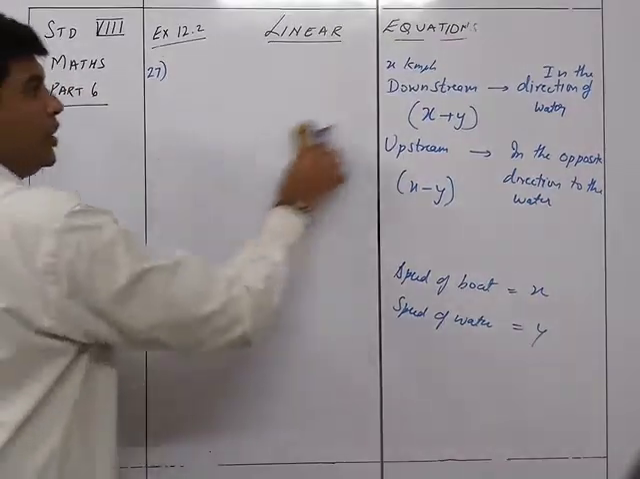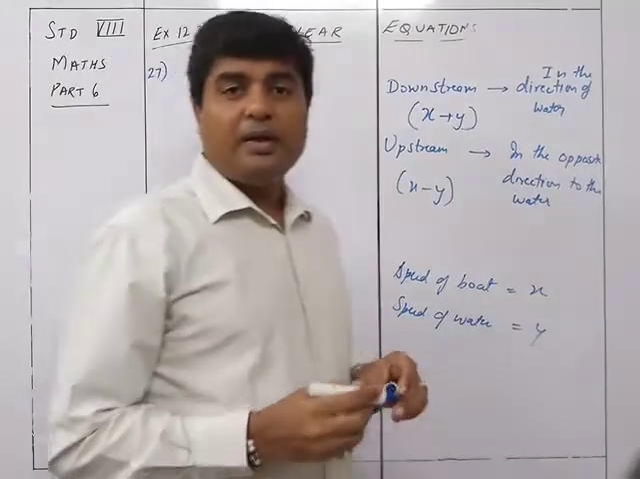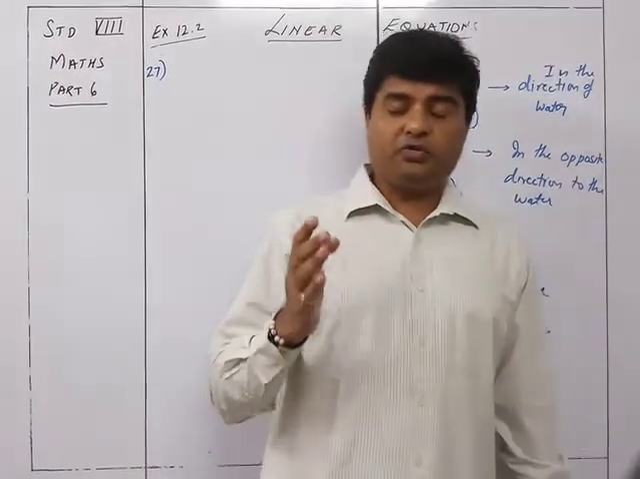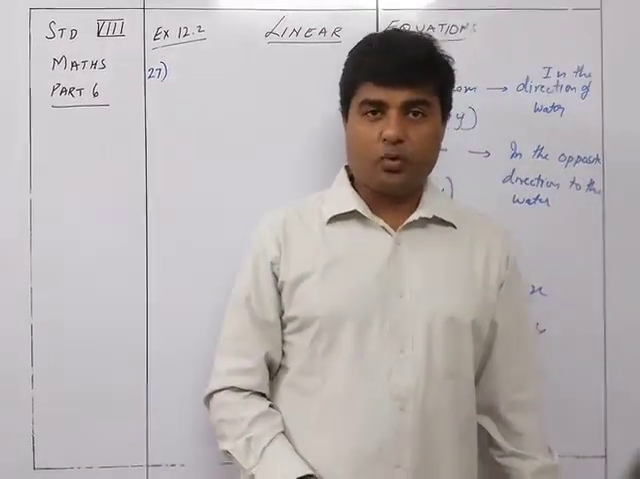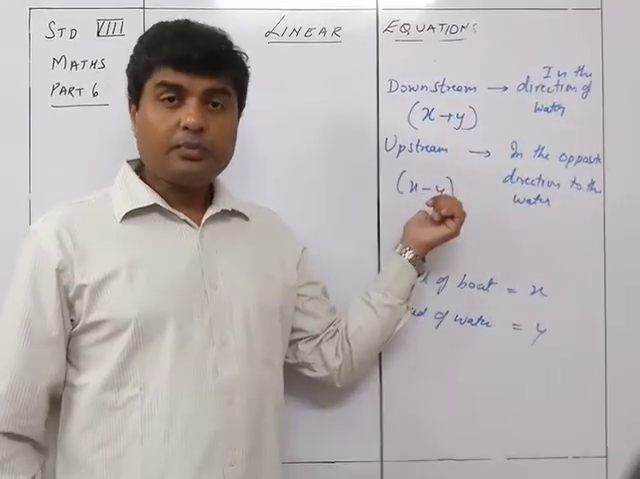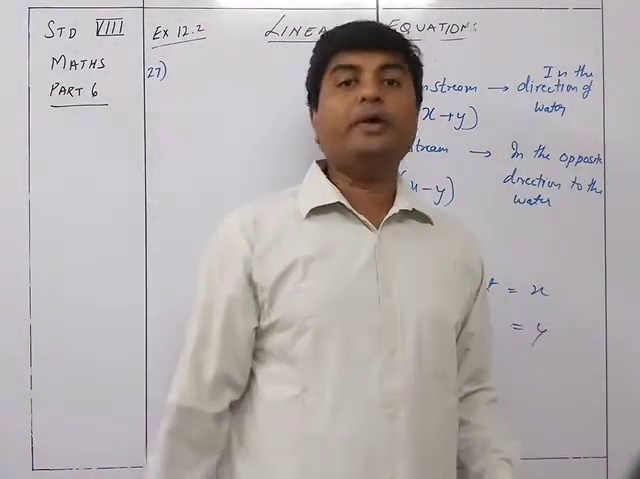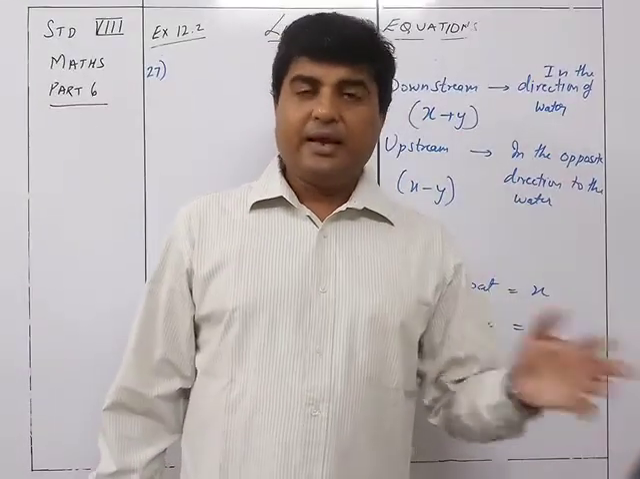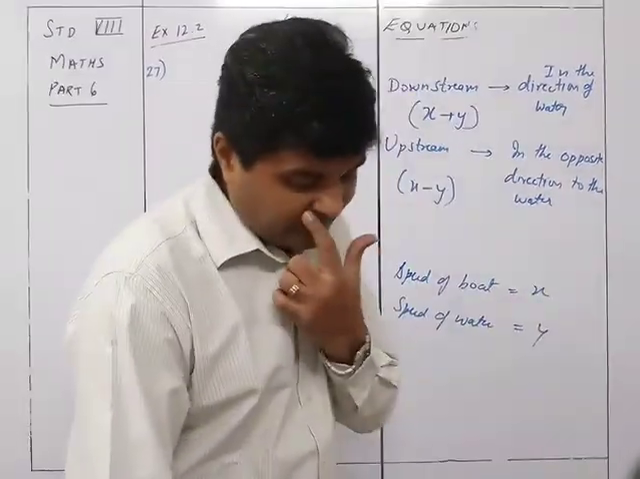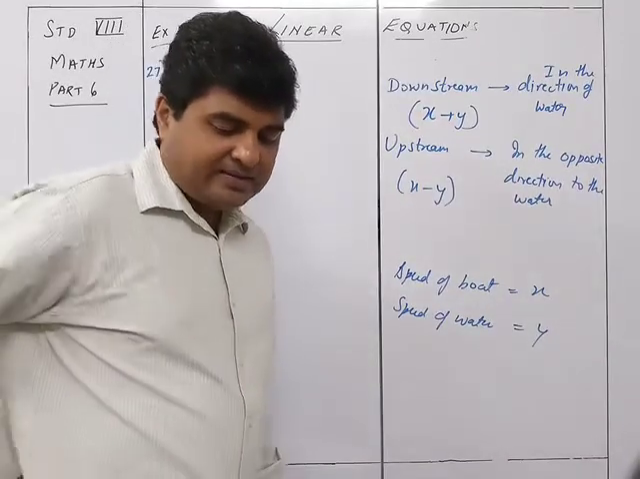Okay? So always remember that when the boat is going upstream, the speed of the stream will be subtracted from the speed of the boat. That means x minus y will be the speed of the boat upstream. But if it is going with the flow, the water is also pushing the boat, and that's why the speed increases, and hence it will be x plus y as the speed. So here we see that it is traveling 90 kilometers downstream, and at the same time it is taken to